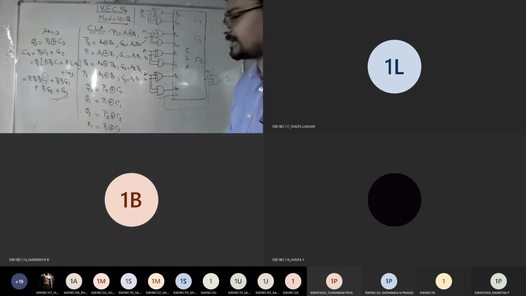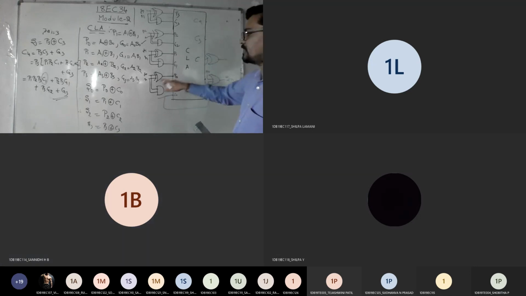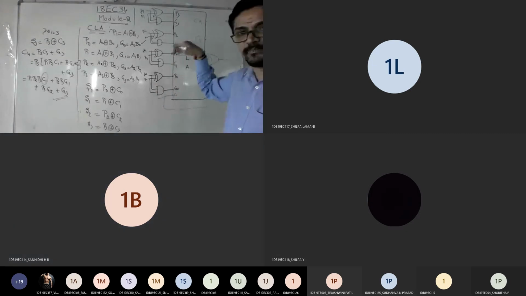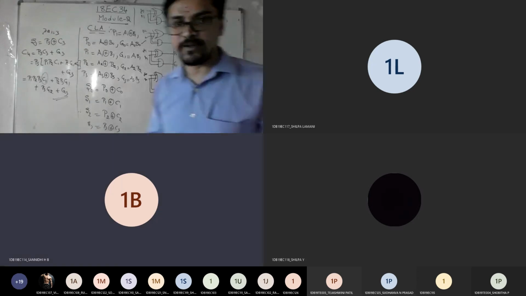So you can write the combination XOR. So one input should be given to what here? P1. So don't do connection like this. It is inbuilt. So just give a connection P1 and one from C1. So this becomes S1. Understood everyone?